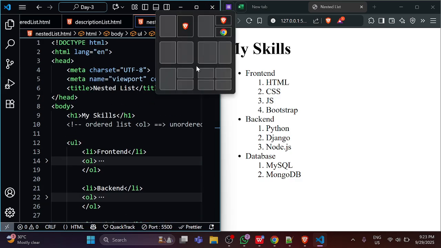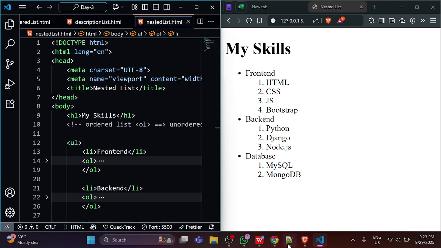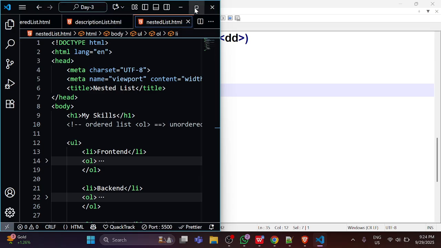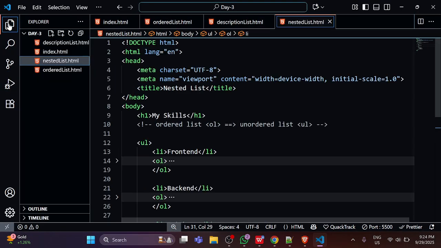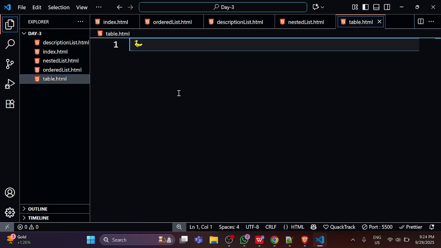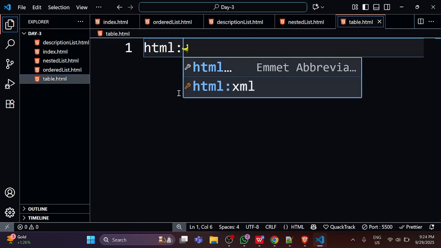Okay. So the remaining tag is the table tag. Let's finish the table tag as well, so that tomorrow we can work on the portfolio, right? So for creating the table, what can we do? Let's just create one file, table.html. Create here one boilerplate code by writing HTML:5,